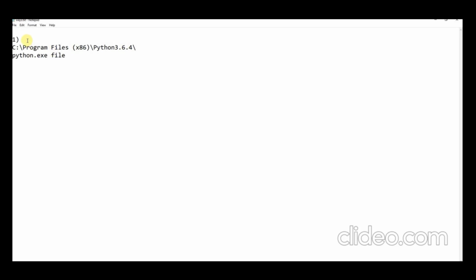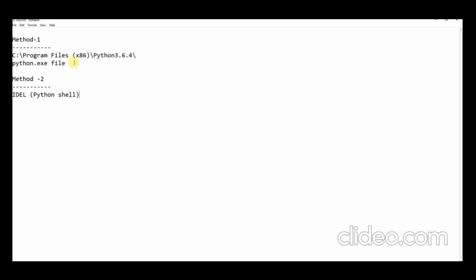So this is method 1, and I'll show you the second method now. In the second method, once you have installed Python, you will get an IDE again. This is also kind of a command prompt. So let me write it here, method 2. In method 2, you have to use IDLE. This is also a command line, which we can call a Python shell. Now let us see how we can run our Python code by using IDLE.